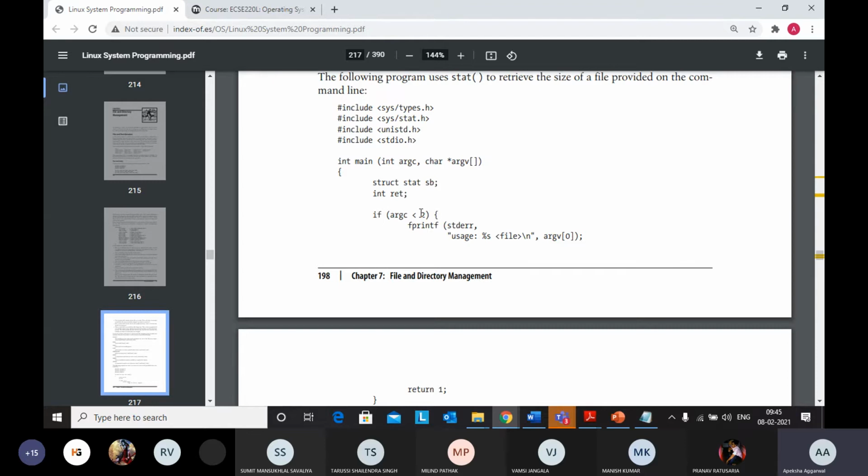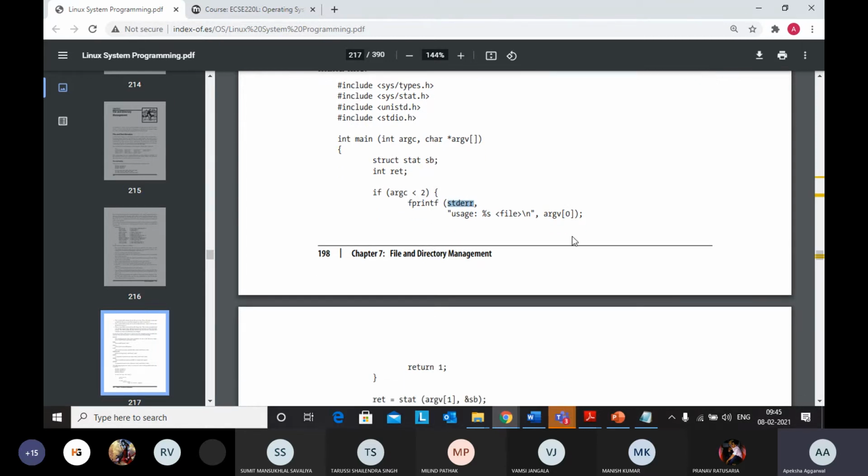If argc is less than 2, it does printf with stderr, standard error, saying that the argument is not available. Less than 2 means you have not passed anything in your command line.